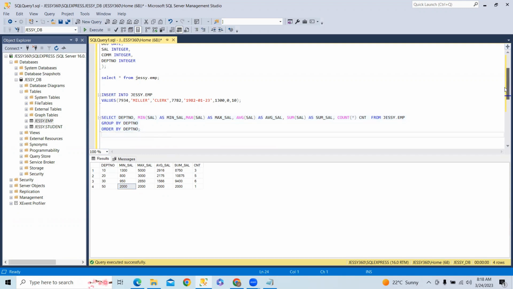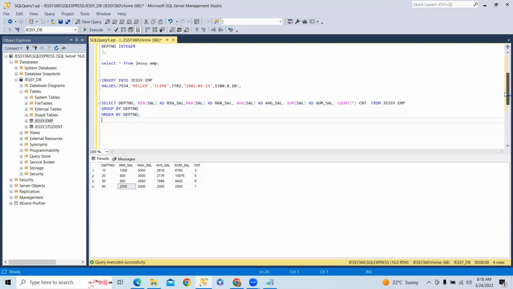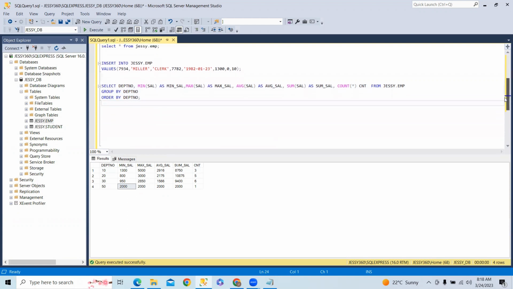Okay. So this is the way the aggregation function will work. So these queries and all I will give in the description box. Okay. So you can check this. Okay. And you can execute this in your system. Okay. So the next step. So next thing is